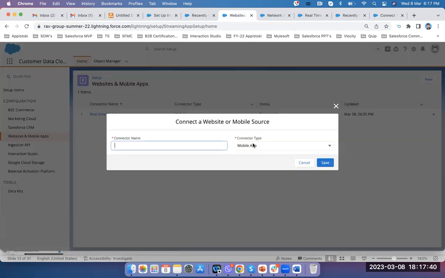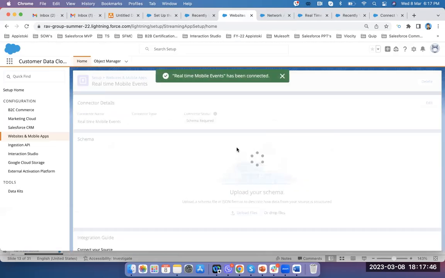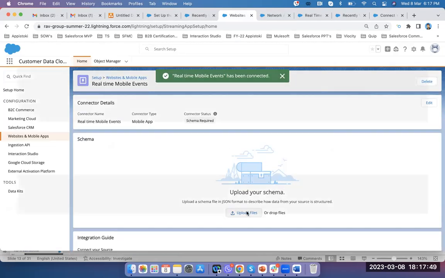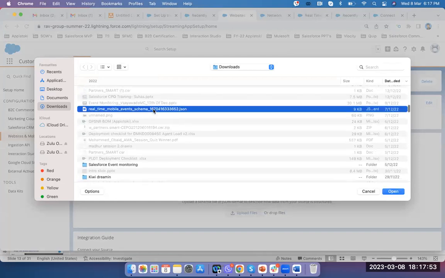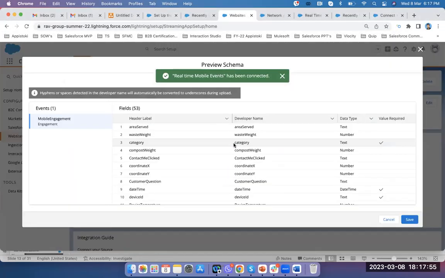You can go and create a new one, saying real-time mobile events. Choose a mobile app as a connector app, click on save, and then you can just upload your file from your schema. So this is one of the mobile event schemas that we designed for one of the demos, which contains